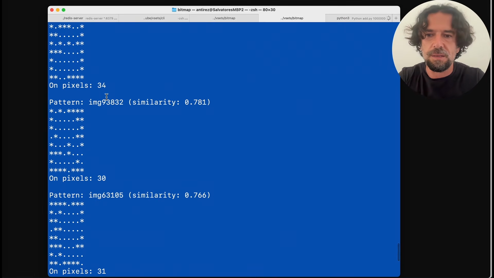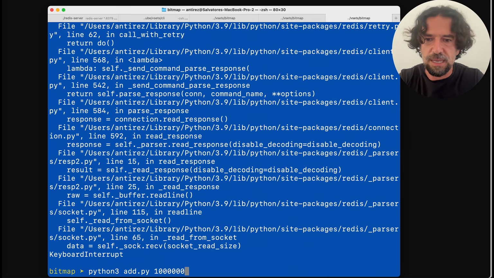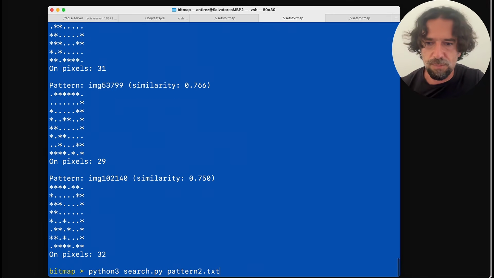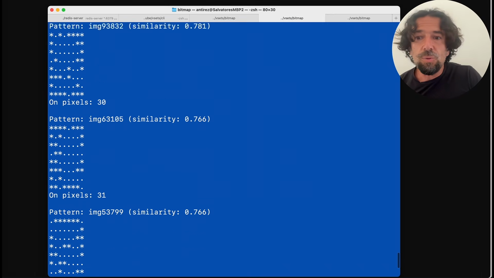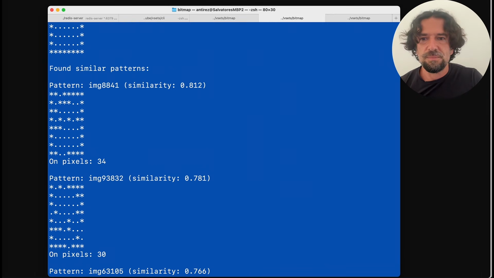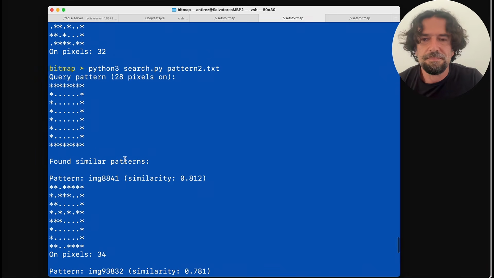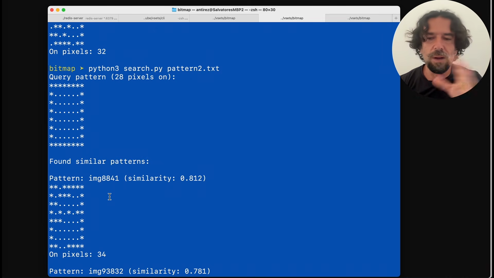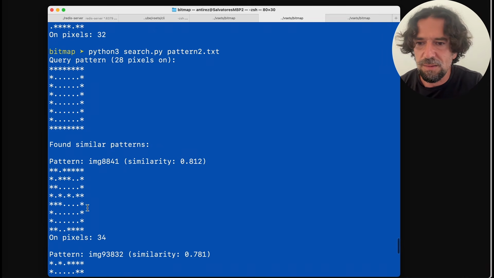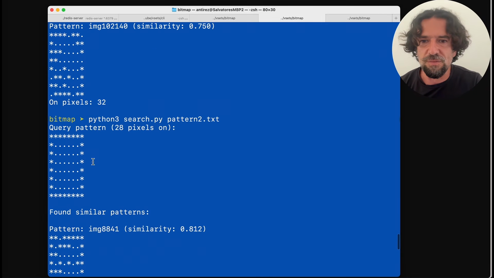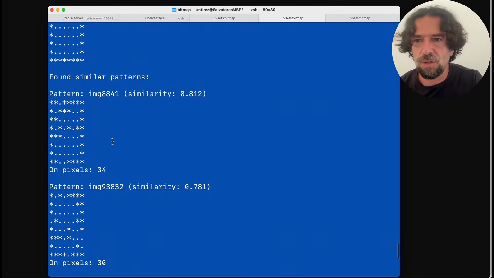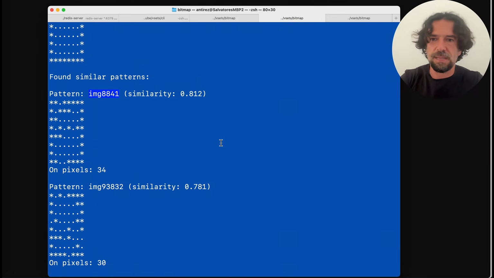Just to say, if I stop this here and I don't add any more patterns, out of all the images inside, which are mostly totally random images, just noise points, it is immediately so fast able to retrieve similar patterns. And also if I get this pattern here,